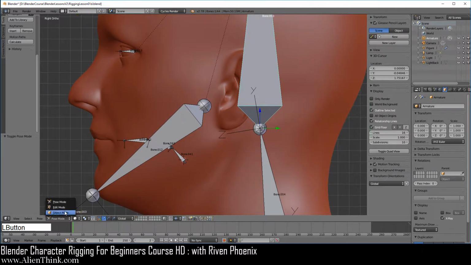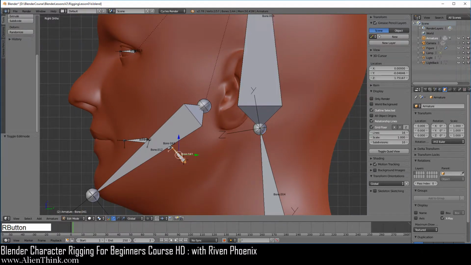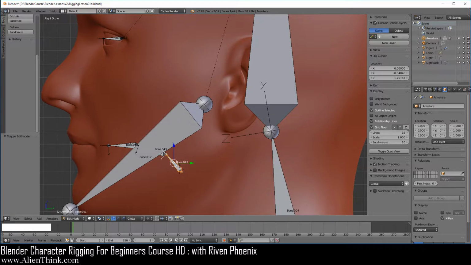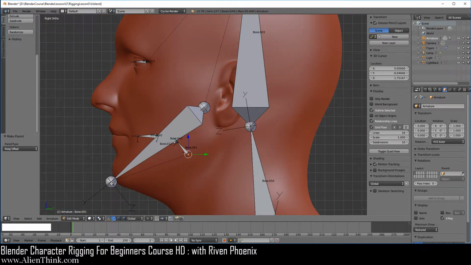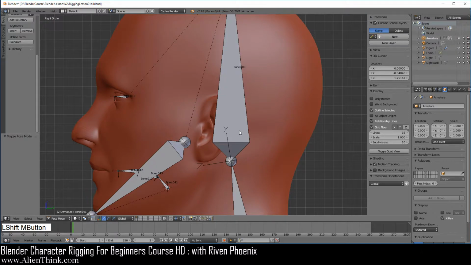So here you're going to switch to edit mode and then click on this bone, which is going to be the child, and now go find the parent, which is going to be the jawbone. So press the Shift key down and click on the body of this bone. Now do Control P, and we're going to do keep offset. If we had done connected, it would take the head of this bone and connect it to the tail. That's not what we want. So now we're going to go to pose mode and make sure that all is working.